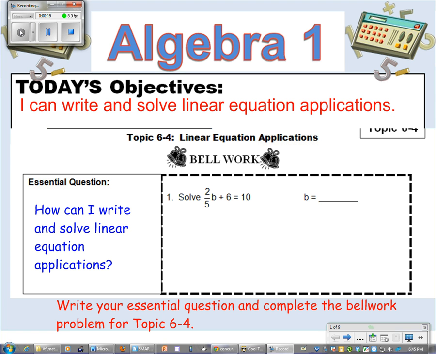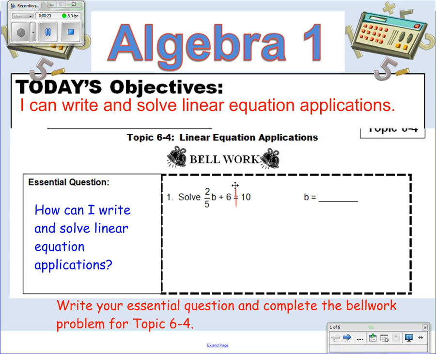This is one of the previous problems. In order to solve, we're going to go through our steps, go a line down the equal sign. First question is, do we have parentheses? No. Can we combine like terms on each side? No. Are there variables on both sides? No. So then we go on down to the next step, which is box our variable